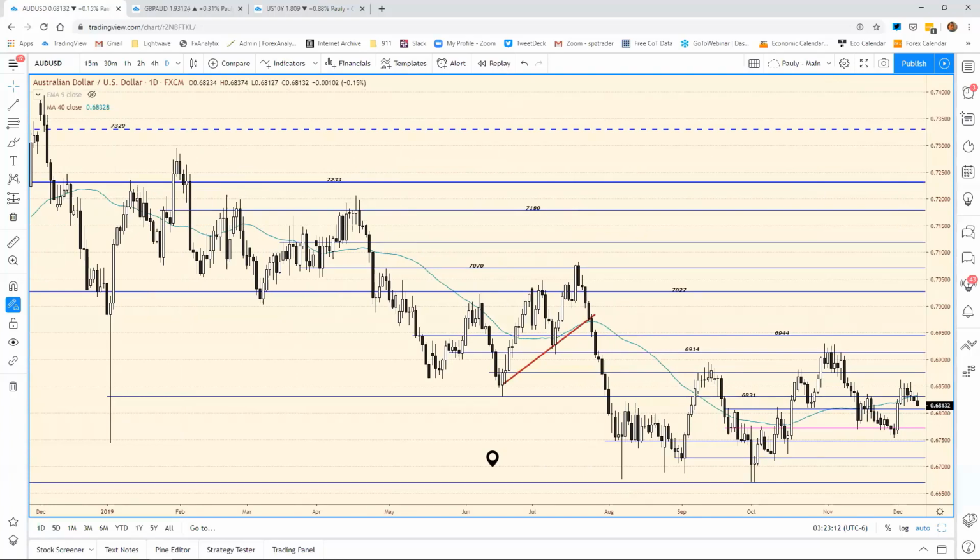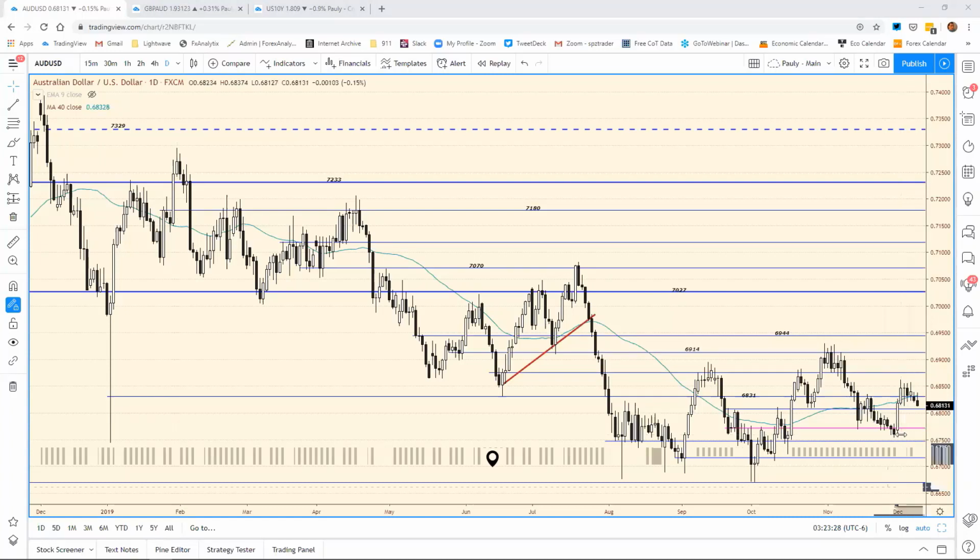This Aussie is just sick as a dog. It's just not doing anything. And no change here. One of the things that we did like 2 Fridays ago was, we had actually broken below this area here, down to the 69.72, and it looked like we were open for a move lower here. And we come around back on Monday, and the market could surprise itself. We move higher,